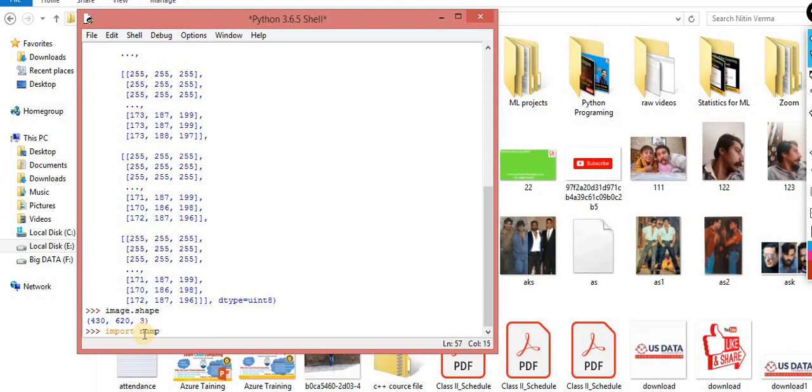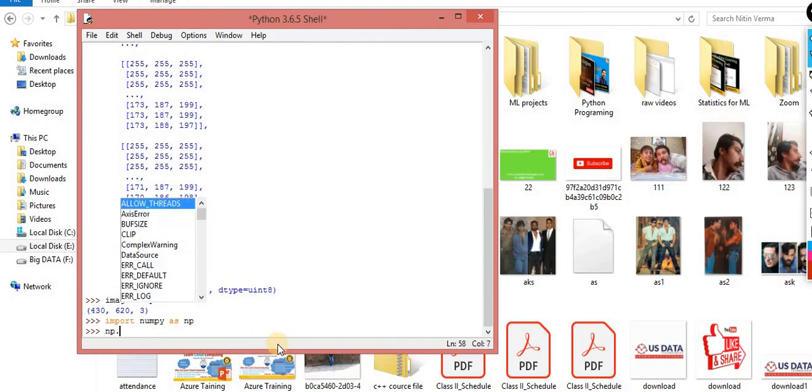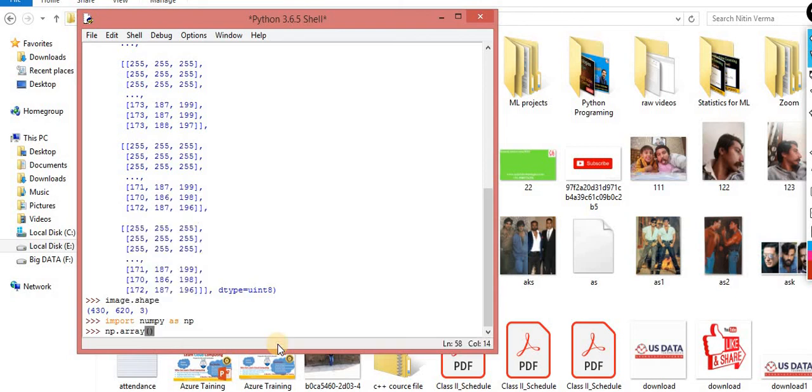Import numpy as np. I am giving the nickname, as we know the role of this as. Please don't ask questions about this np. So np.array is a function, a method that is available in numpy, and this one is my list. I am taking a 2D array only. So here let's suppose 10, 20, one is 10, 20, another is again 10, 20.